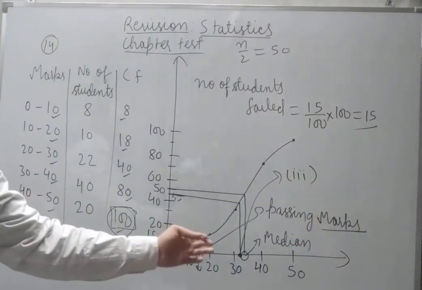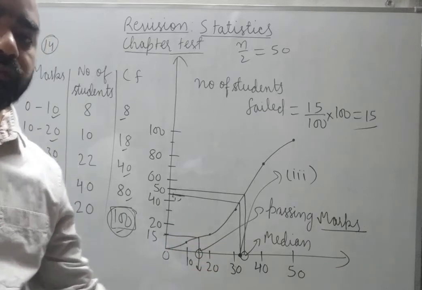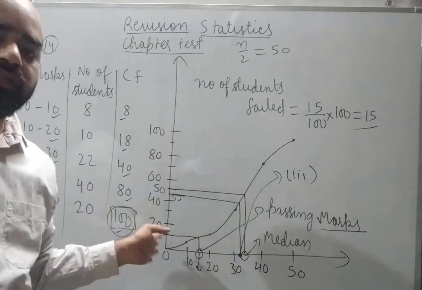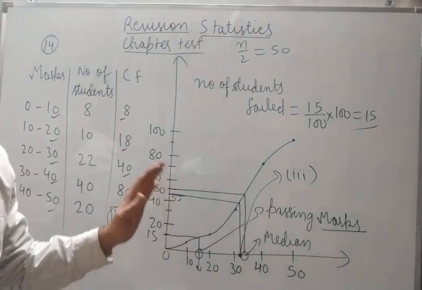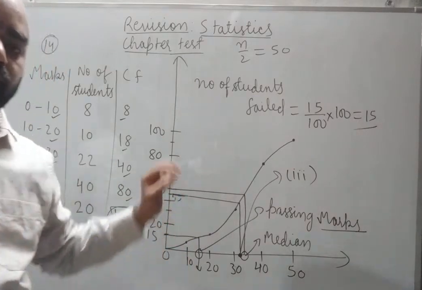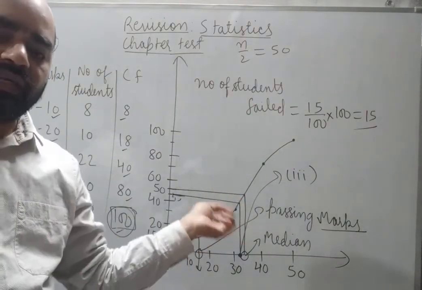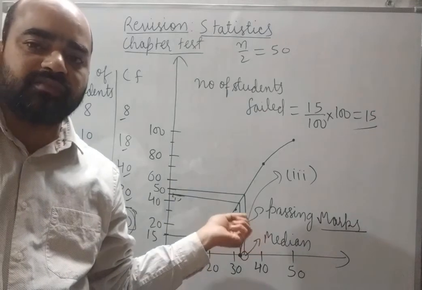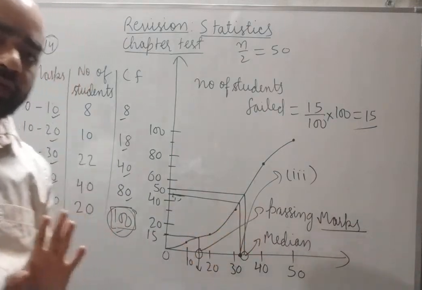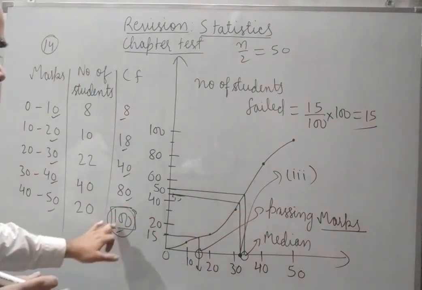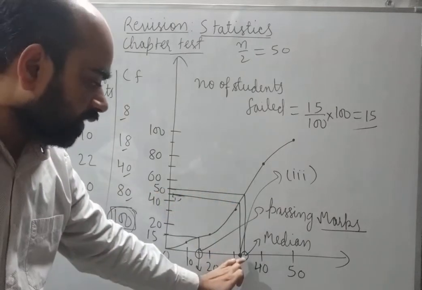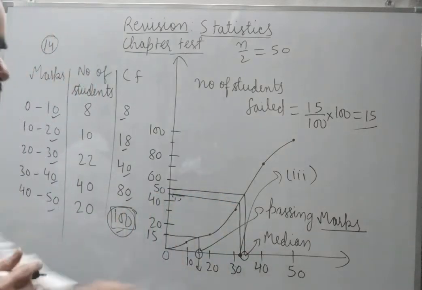So maybe it is 32, 33, 34, whatever. Okay. So I have explained only the method. Plus minus 1, plus minus 2, no problem. But if you plot correctly, then the exact value will come. Maybe it is plus minus 1, but the exact value will come. Okay. Median is n by 2, that is 100 by 2, 50. Horizontal line, then vertical line. So this point will give the median.